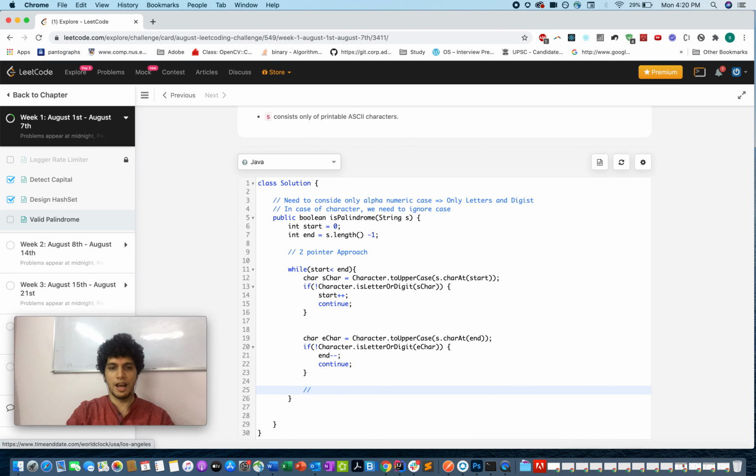Now we are sure that both the start char and end char are letters or digits, that too in uppercase. So the two constraints are fulfilled. If the start char is not equal to the end char, then we simply return false.